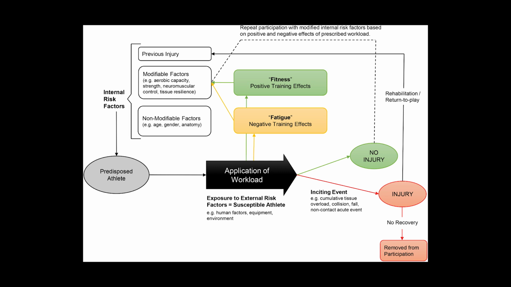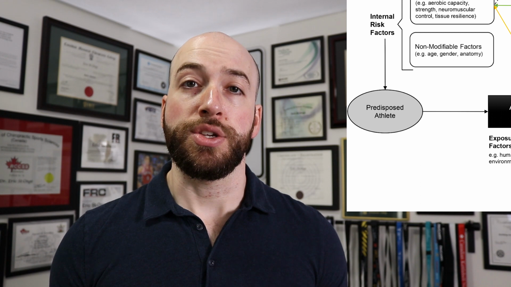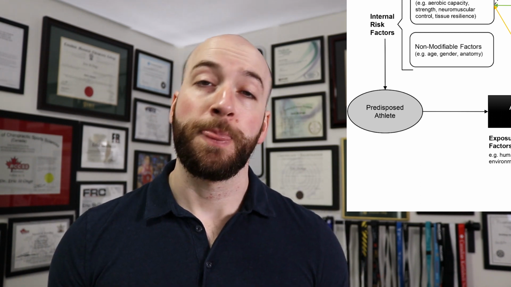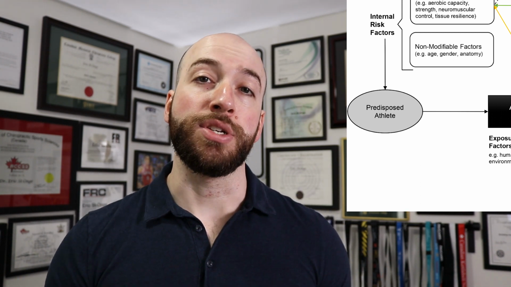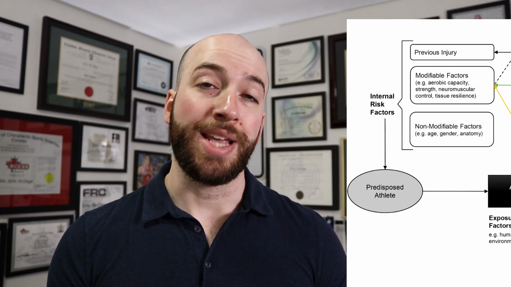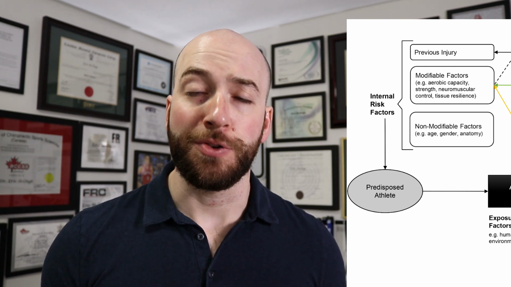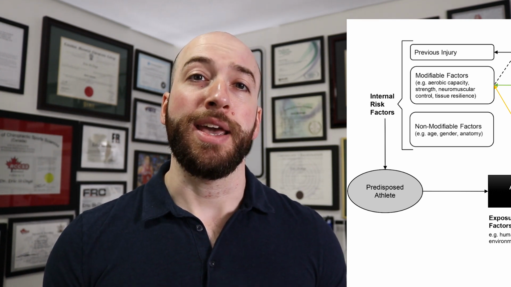I know it looks a tad confusing, but stick with me, we'll try to break this down as easily as we can. Now on the bottom left we have something called our predisposed athlete. This is essentially your athletic profile. Your profile is a combination of three main factors: injury history, modifiable factors, and non-modifiable factors. So injury history is essentially your baggage, all the injuries that you've had in the past and how they all